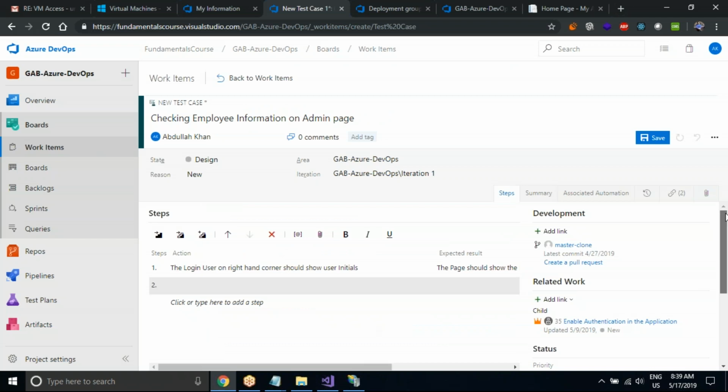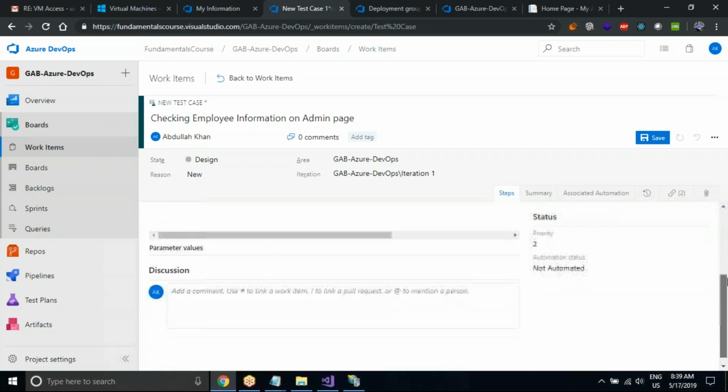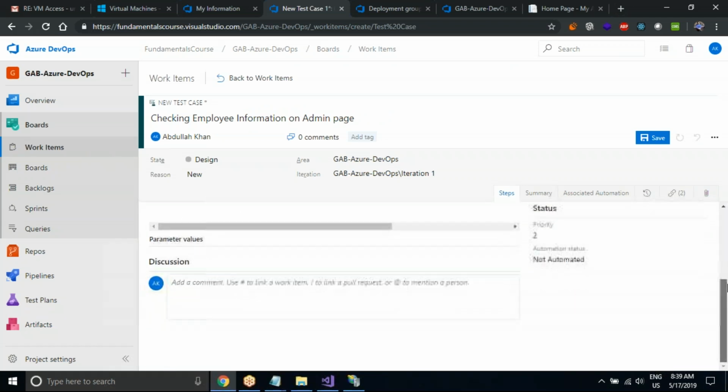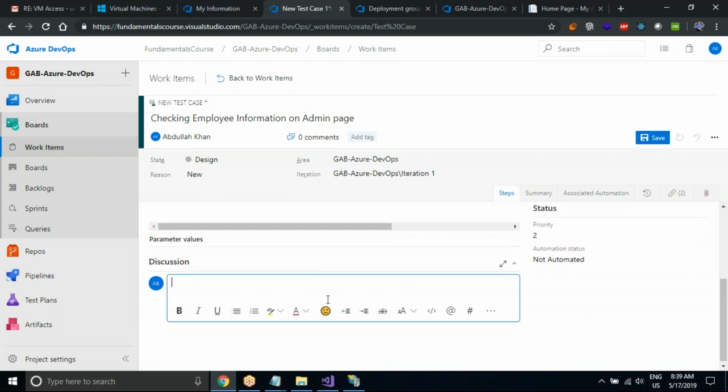So I'll just link any work item which is related to this use case, and then I'll go ahead and add some description for this use case, saying that this is what I'm doing in this use case. Be more descriptive. This is what testers are usually doing day in day out. But where are they doing it? They are doing it here